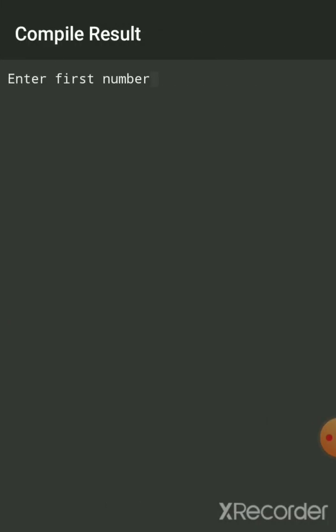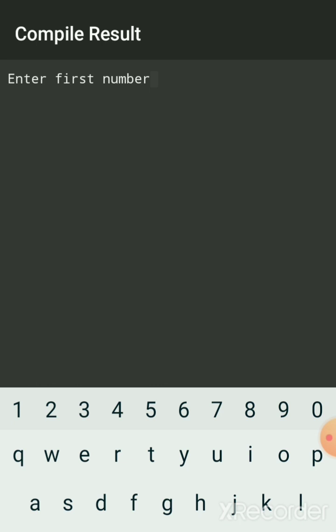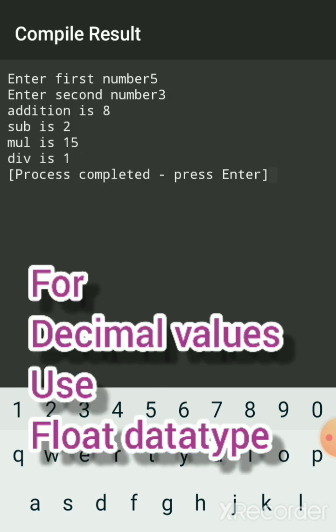So every line should get terminated with a semicolon. Now here I will take 5, another number as 3. So A I had put 5, in B I had put 3. So we got division, that is